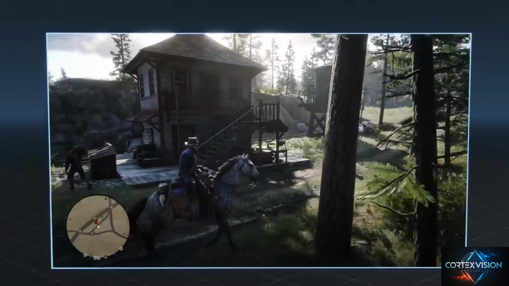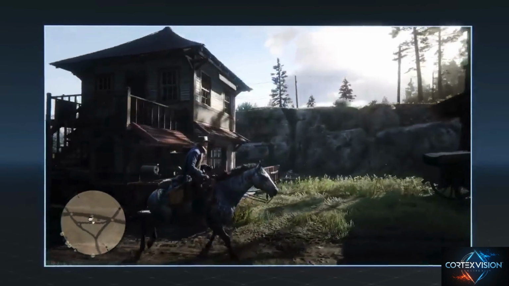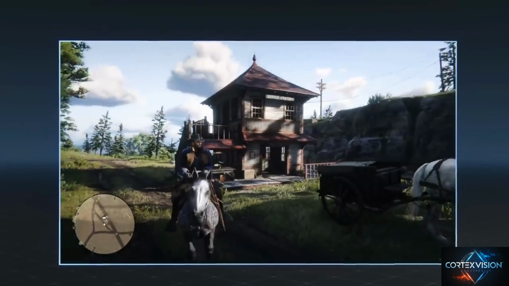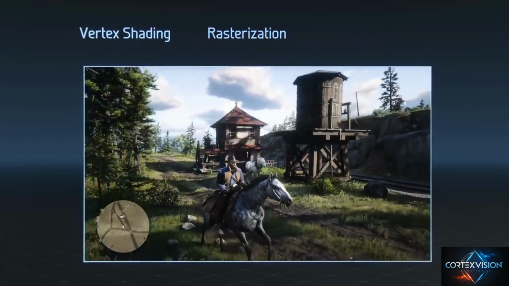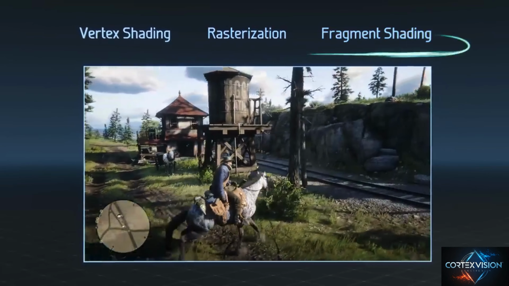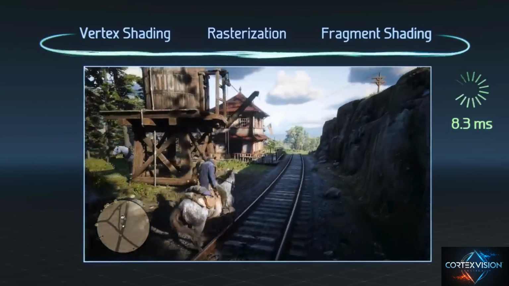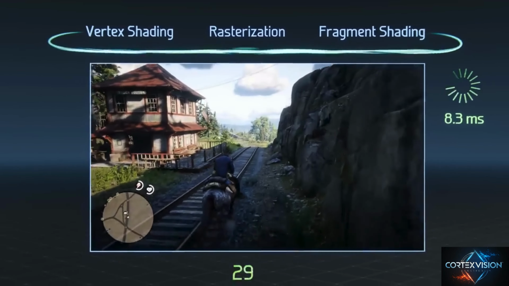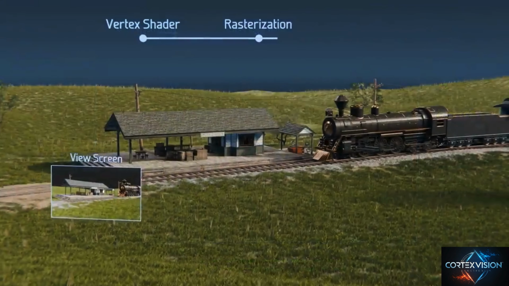One thing to remember is that when you're playing a video game, your character's camera view, as well as the objects in the scene, are continuously moving around. As a result, the process and calculations within vertex shading, rasterization, and fragment shading are recalculated every single frame, once every 8.3 milliseconds for a game running at 120 frames a second. Let's move on to the next step,